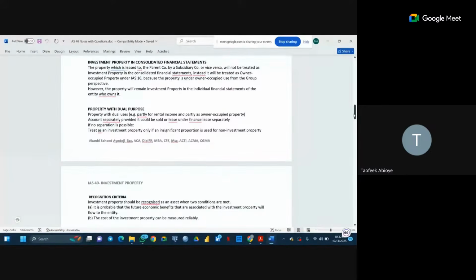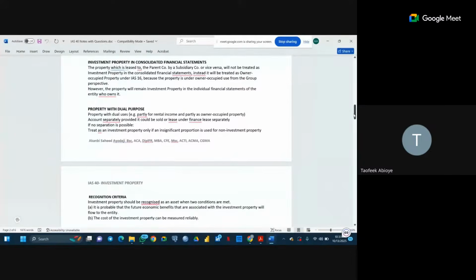I'm just trying to find the simplest way to recognize it. Just to let you know, a single building may be used for dual purpose: rental and administrative purpose. If it's possible for us to determine the part used for rental and the part used for administrative purpose, very good, no problem. We go ahead and recognize the value separately. However, if it's not possible for us to recognize that this is one we are using in IAS 16, and this is one we are using in IAS 40,